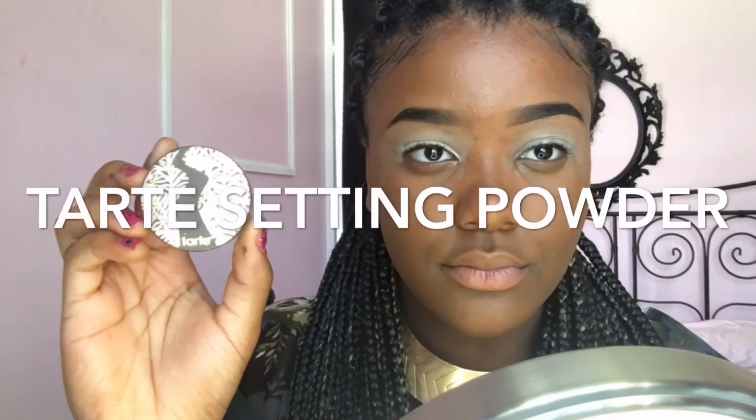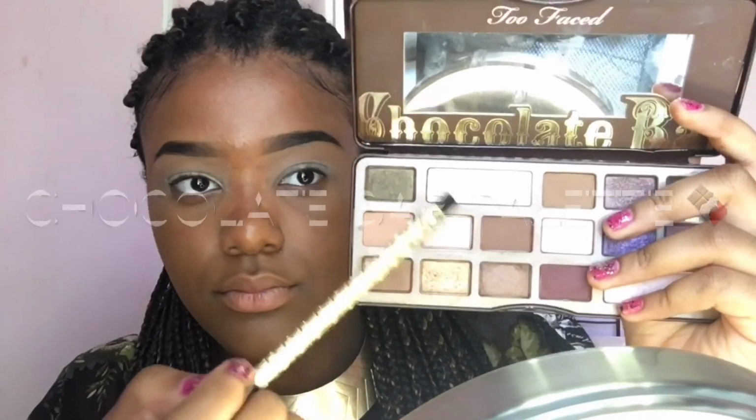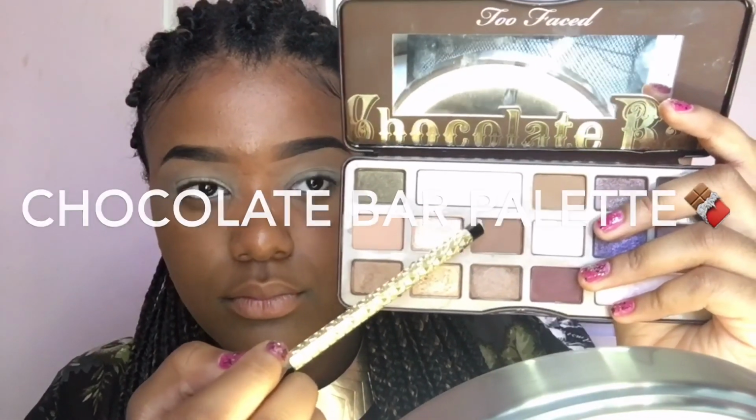Now I'm taking my Tarte setting powder, and you always want to set any cream base that you put because without setting it, it'll crease and your eyeshadow won't look nice and it'll look blotchy and crazy, and you don't want that. I'm taking this brown shade from the Chocolate Bar palette and I'm using that as a transition shade,